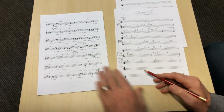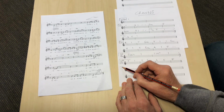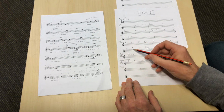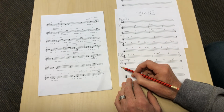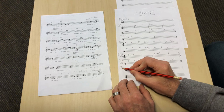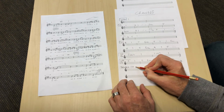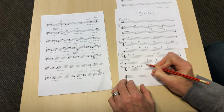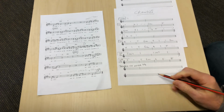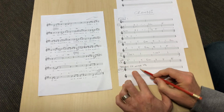When it goes on, I might write this as, that's the third chorus and the fourth chorus. And then we're into kind of the ending. So I might write something just as simple as double chorus after verse 4, and then so we're into the ending here, and that's going to be